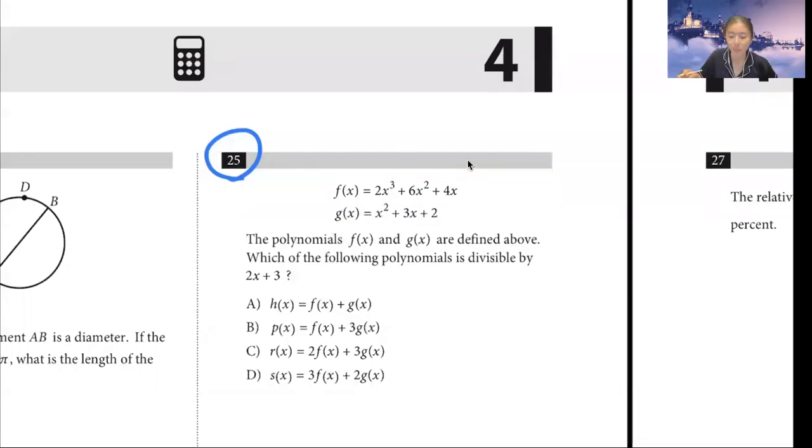In this video, I'll be going over practice test number 4, calculator section question 25. So let's get started. This is a polynomial question, and these seem to be one of the trickiest because most of the time students don't know how to solve these problems and they don't know the whole concept of polynomials, and it's okay. I had to review some things before this video, but you don't necessarily need to go into synthetic division,